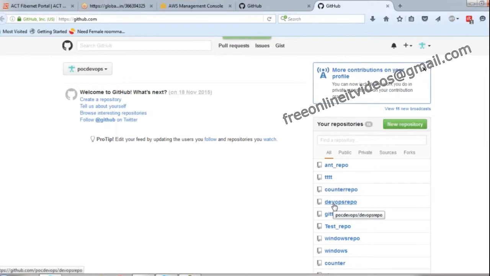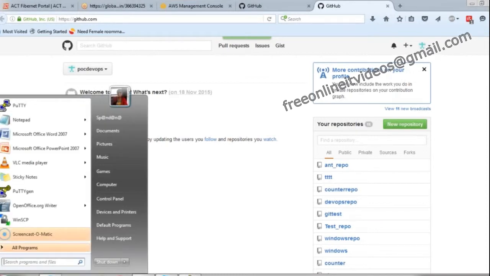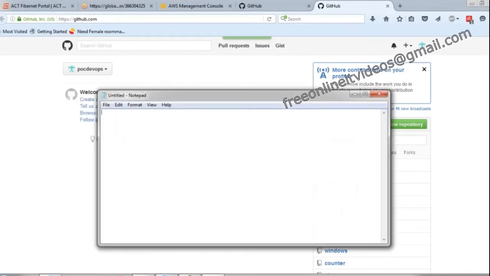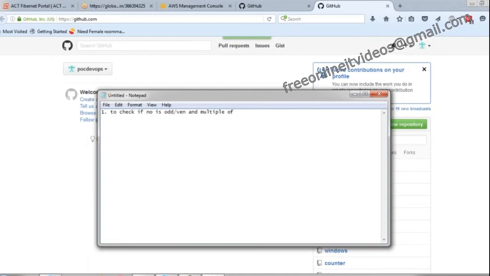Okay, next, print a pyramid. Probably you might have done it earlier, but it would give you very good exposure to programming. So first one, check if the number is odd or even, and the same, multiple of 3 or 4.